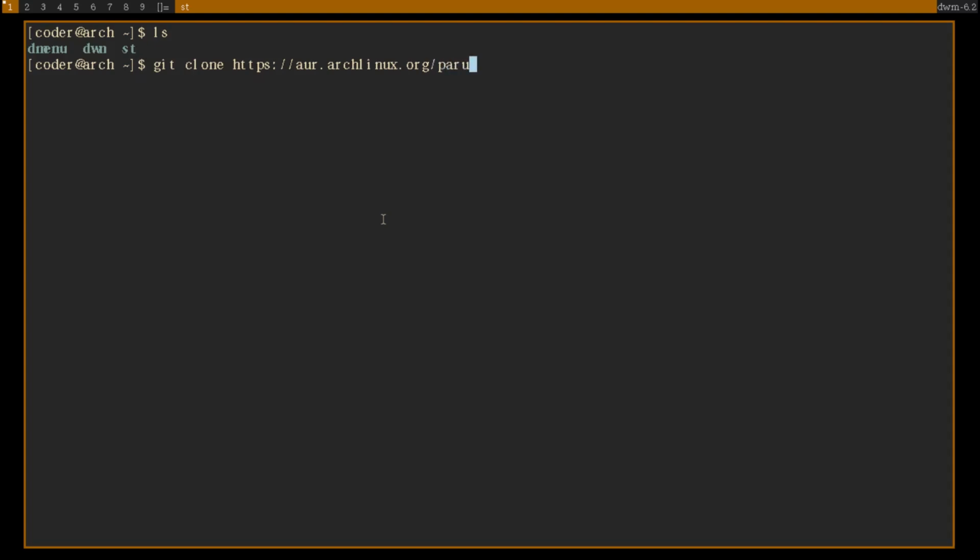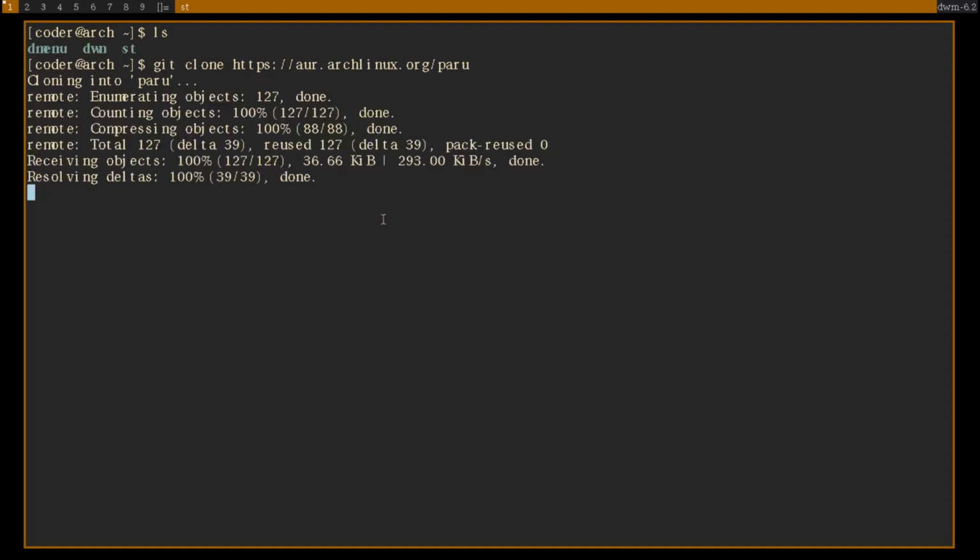Okay, paru. Wait. Okay, we'll start with paru. This will take a decent amount of time. Okay, hit enter. The cloning will not take time. The installation of paru will take time because it will install the Rust programming language.